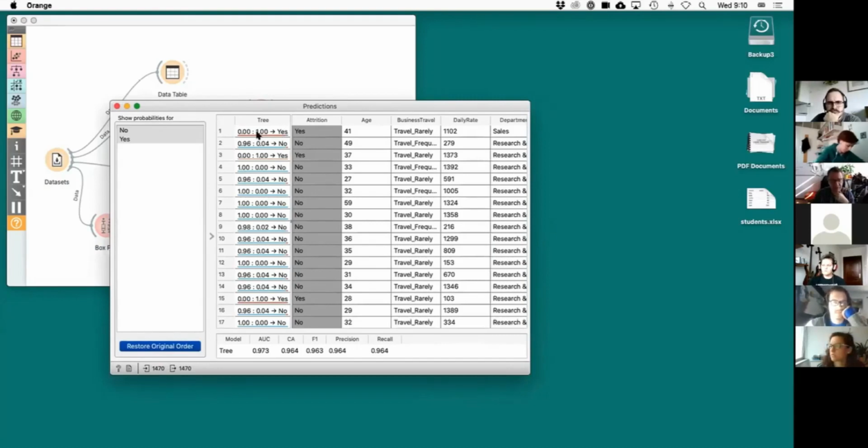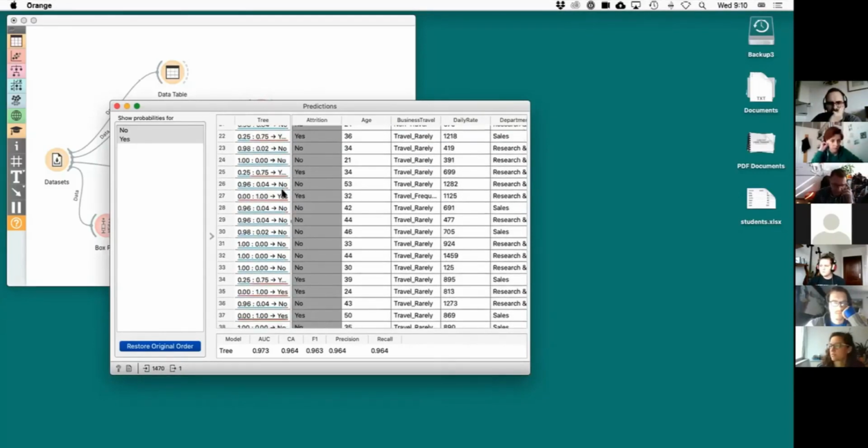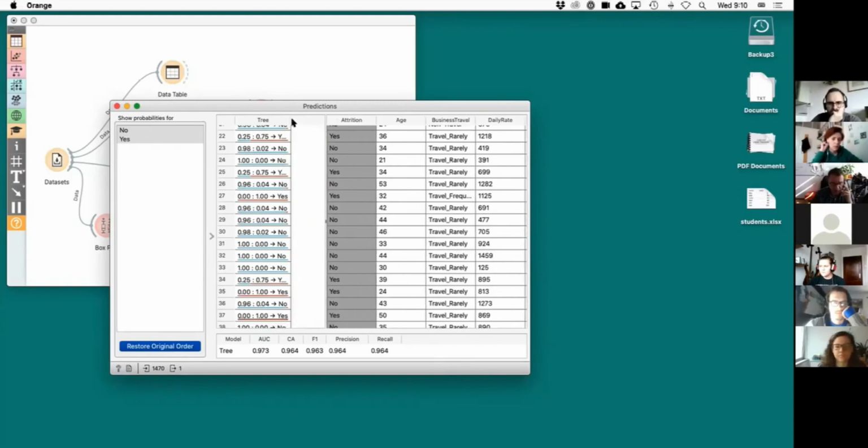We see that for the first employee, the tree predicted yes, so that one is going to leave. And the true class is also yes, so the prediction was correct. Then I can scroll down and see that, eventually, there should be some errors here.